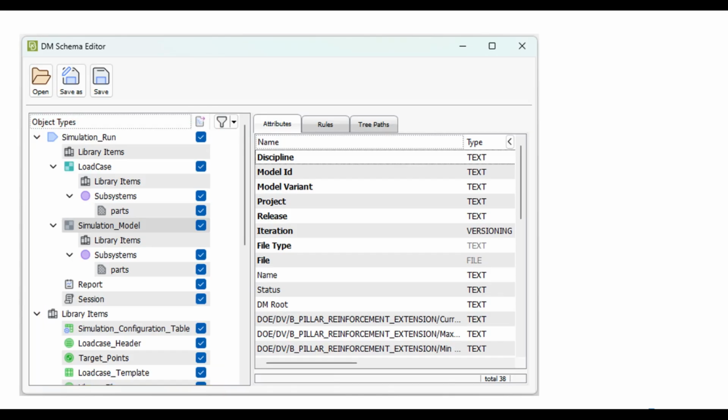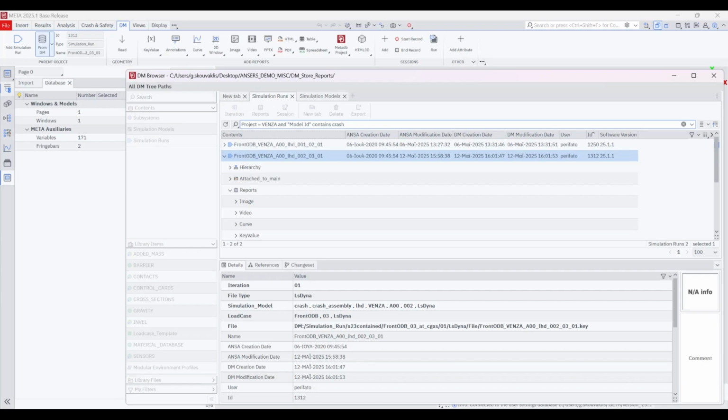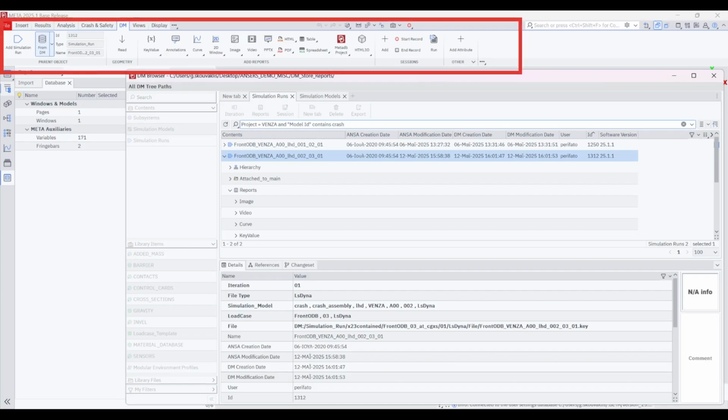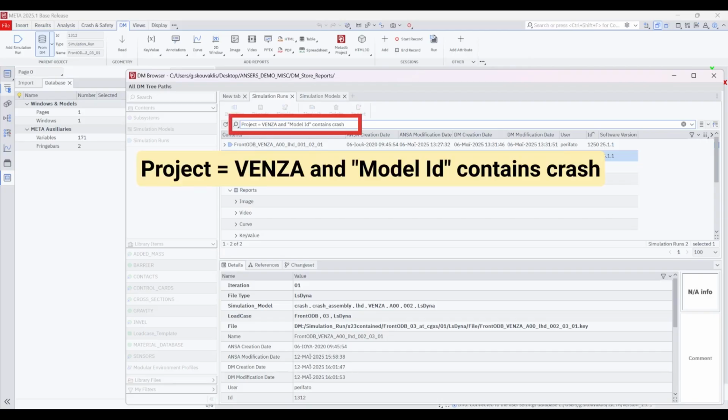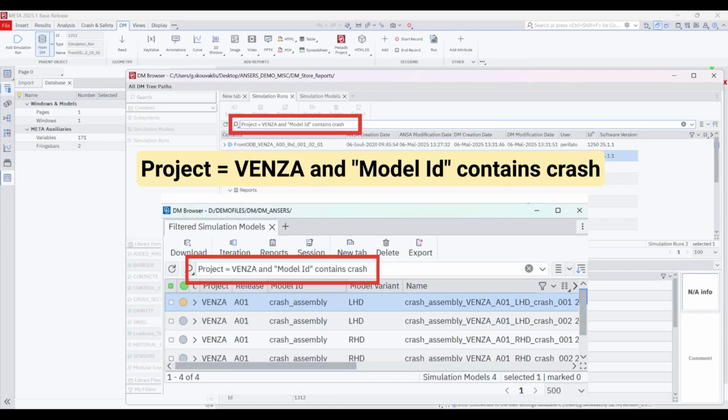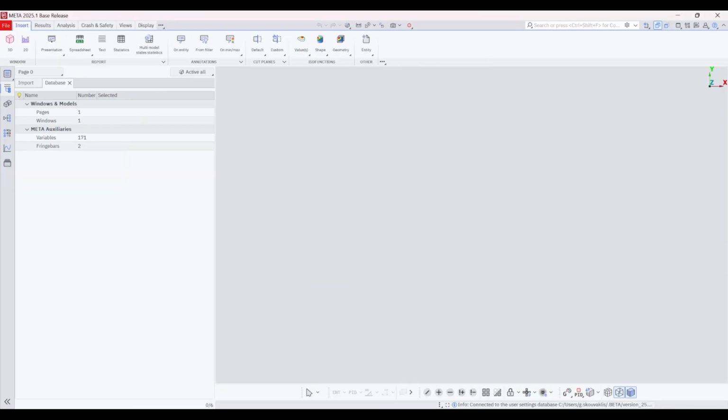Data according to this schema can be created either during pre-processing in ANSA or within Meta as a post-processing step through the respective ribbon tab. Each entity has its own metadata, attributes, and properties, based on which we can filter them using the Beta query language. These advanced querying capabilities are available throughout the Beta suite and are the ones used also in Answers.